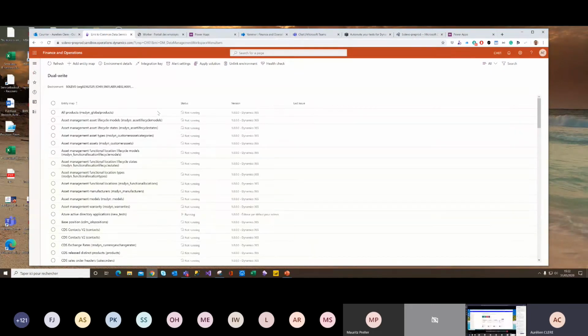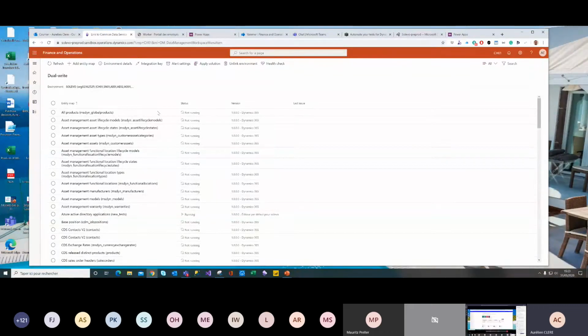One particular thing also, because I had a question from a friend, a partner in the Netherlands. As I said in my previous session, if you refresh your production to a new UAT instance in LCS, automatically or manually, you of course don't want the CDS dual write configuration to carry over. It's not a configuration that is stored on finance operation, it's configured with information on your CDS. So if you refresh your production to a UAT, you will not be synced.